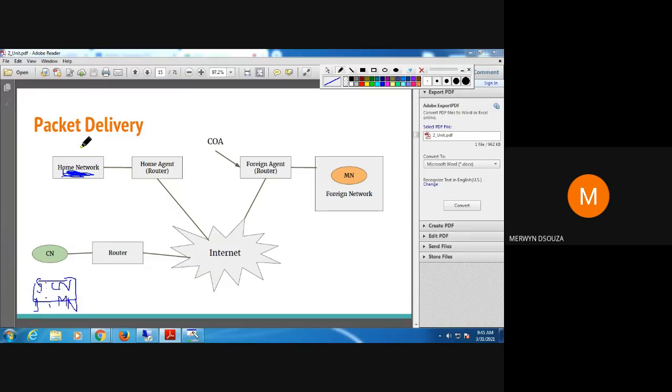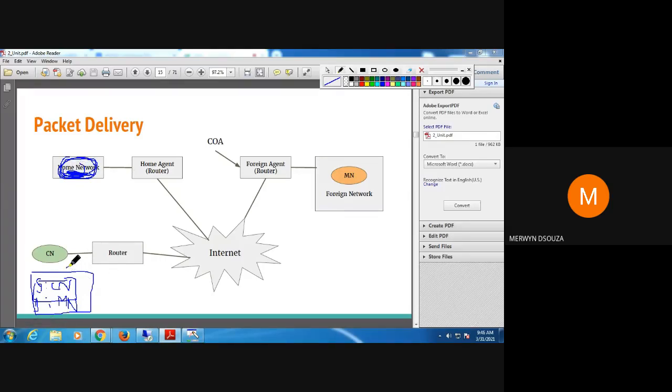Now this IP address, it assumes, is here. It assumes that the MN is present here, and it puts this along with the other fields and forwards this packet. So the source address is the IP address of the CN, and the destination is the IP address of the home network, or the home agent, or basically the mobile node here.